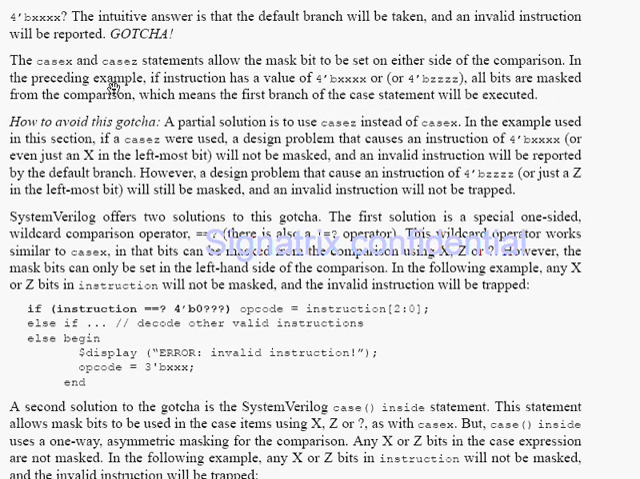So the case x and case z statements allow the mask bits to be set on either side of the comparison. Okay, in the preceding example, if the instruction has a value of 4'bxxxx or 4'bzzzz, all the bits are masked from the comparison, which means that first